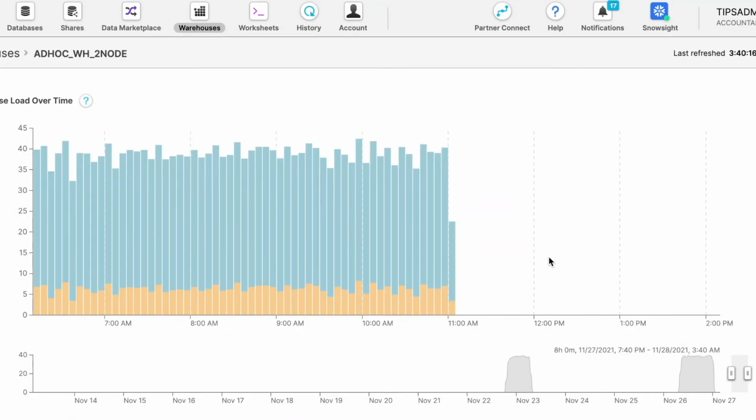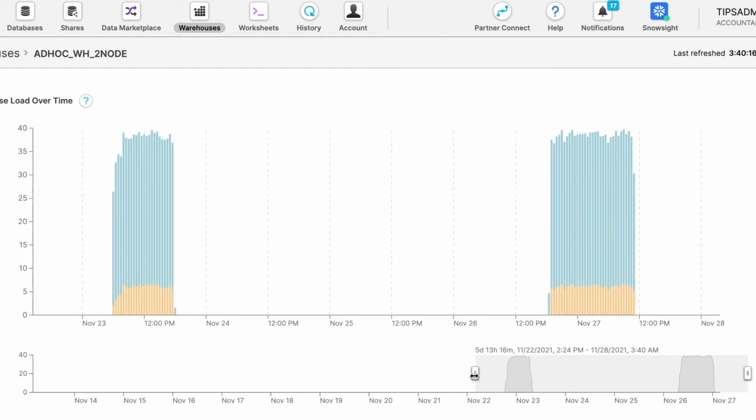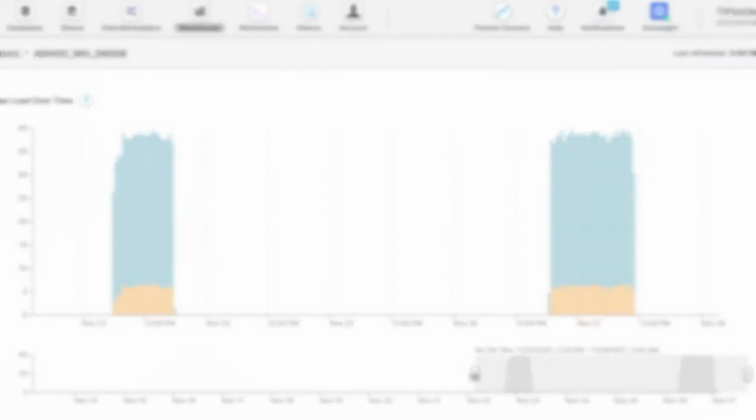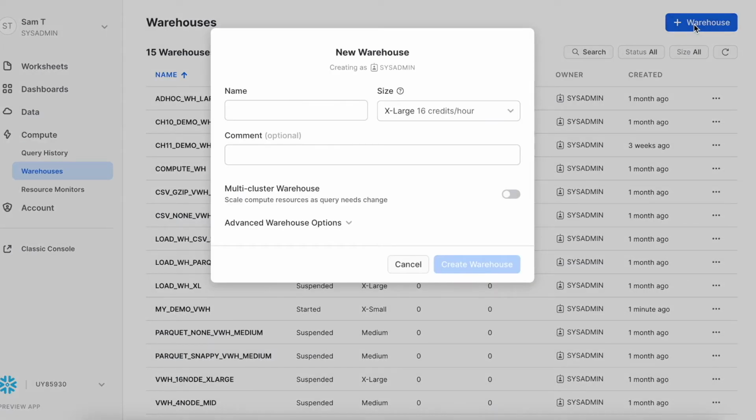If you have a lot of queries executed in a warehouse, it would show like this, and you can use this panel to understand the query load in your virtual warehouse. If you are familiar with it, Snowsight also has a menu called Compute, and under Compute you have Warehouses, and from here also you can create a warehouse. This is exactly the same operation. The overall look and feel is slightly different, but from here I can also create a warehouse.